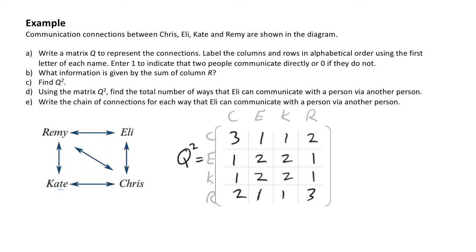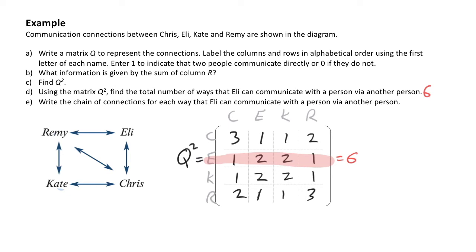So looking at question D, we want to use the matrix Q squared to find the total number of ways that Eli can communicate with a person via another person. To do that, we're going to look at Eli's row and we're going to total it up. So 1 plus 2 plus 2 plus 1 is going to equal 6. So there is a total of 6 ways that Eli can communicate with another person if he goes via a